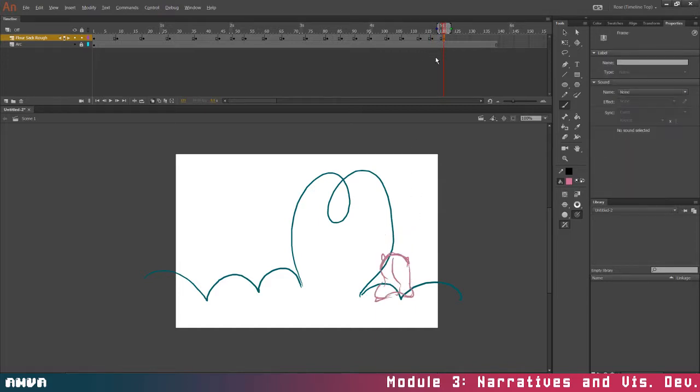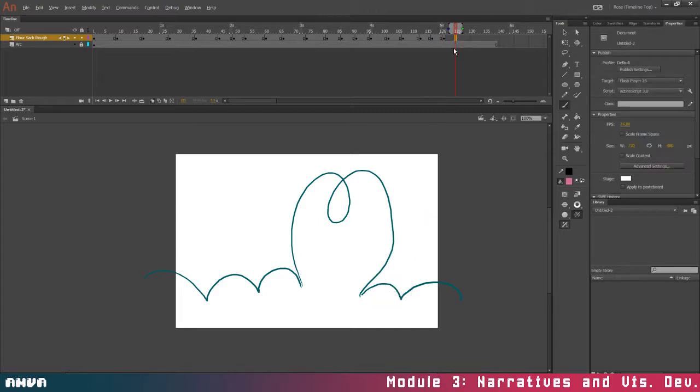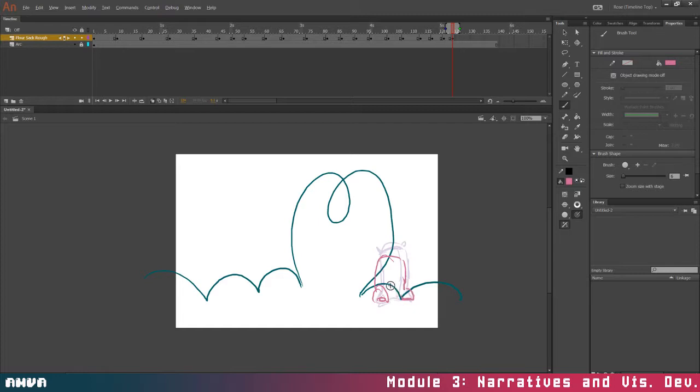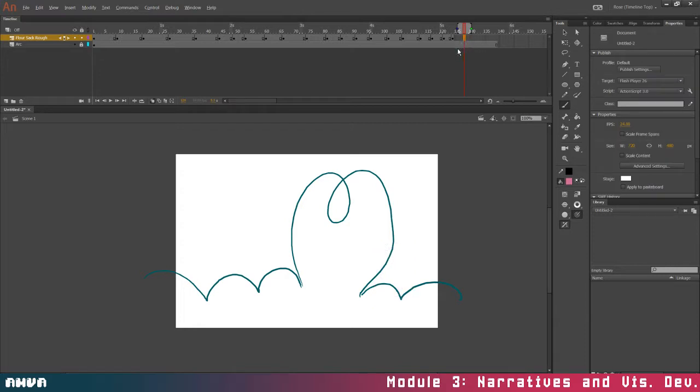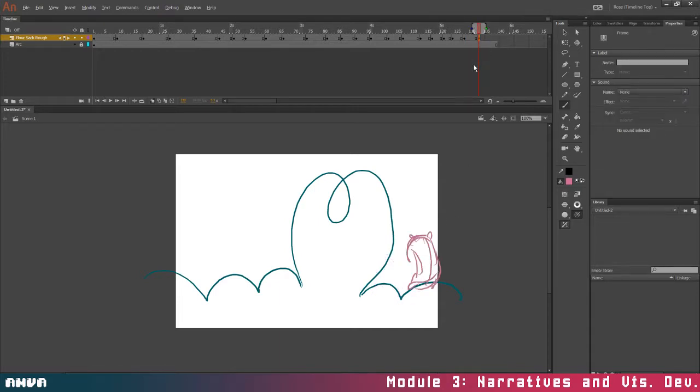Before settling. Looking this way now. Okay, anticipation. They've got to bend down before she can hop again. Landing,